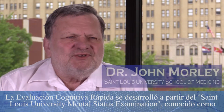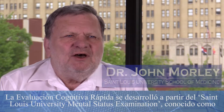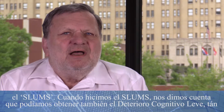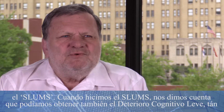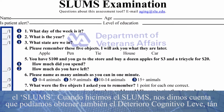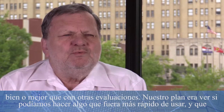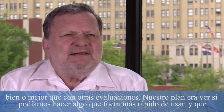The rapid cognitive screen was developed out of the St. Louis University mental status exam, colloquially known as the SLUMS. When we did the SLUMS, we found that it would pick up mild cognitive impairment as well, if not better, than any of the other screens. Our plan was to say, could we go to something that is quicker to do, but would also pick up